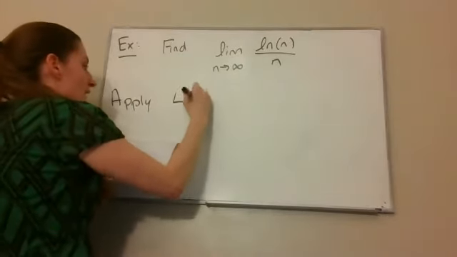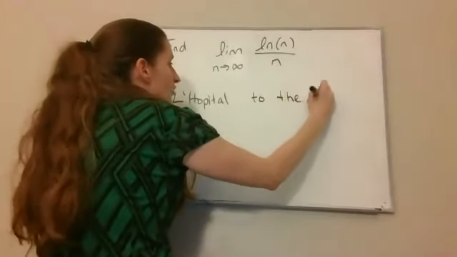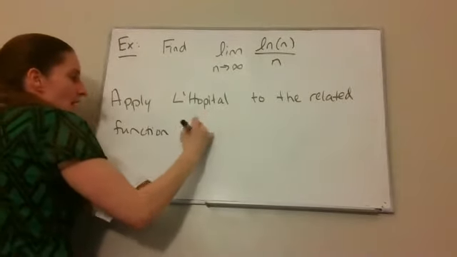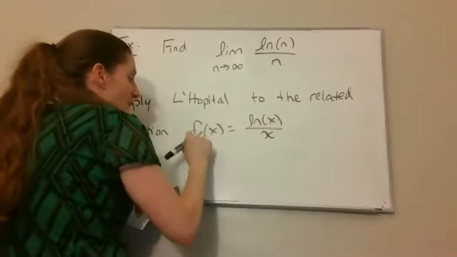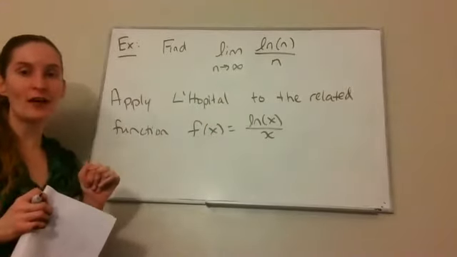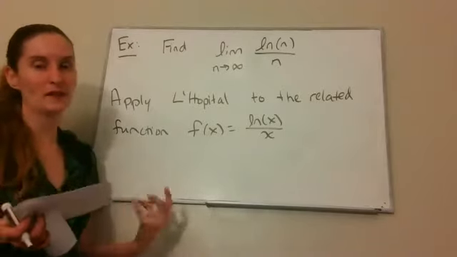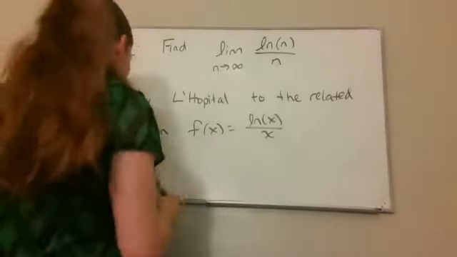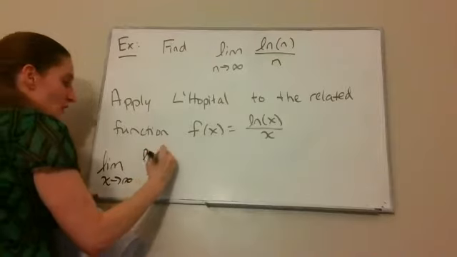We're going to apply L'Hopital to the related function f of x equals natural log of x over x. Because I had that one theorem that said if the limit of a function is a particular value and that function evaluated at integers equals the terms of my sequence, then the limit of the sequence equals the limit of the function. So I'm going to find the limit as x goes to infinity of my function, natural log of